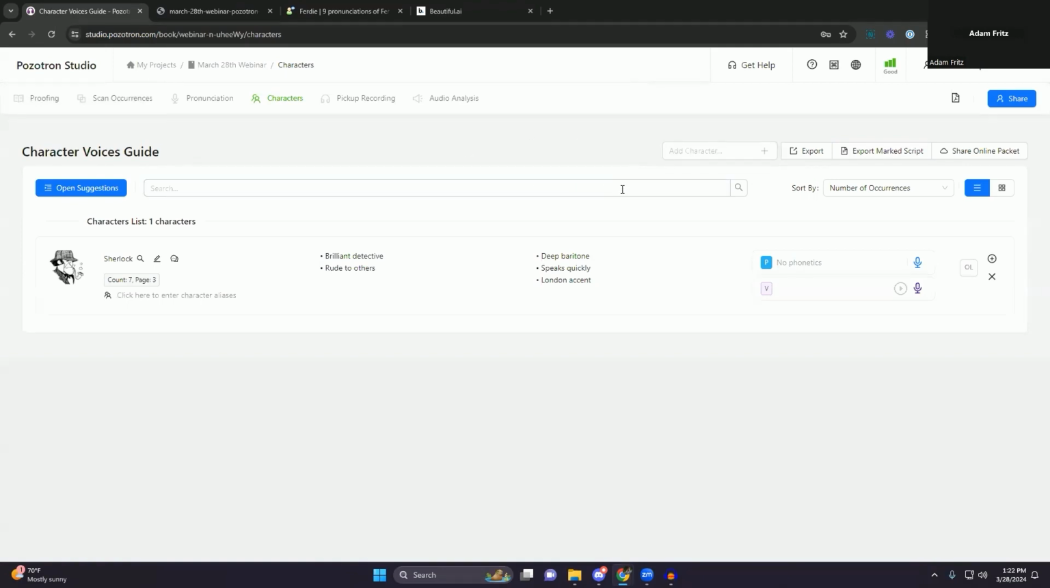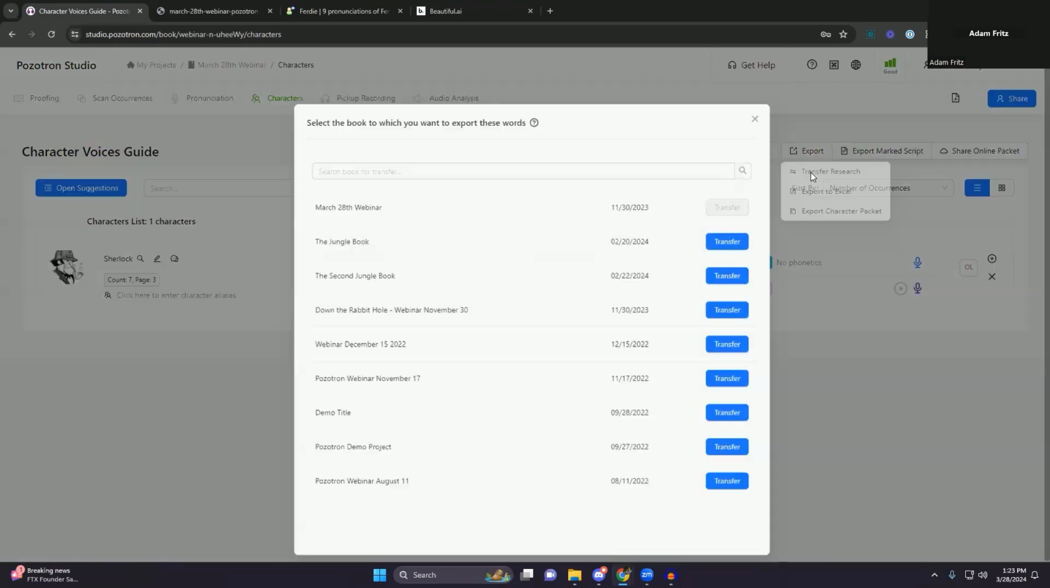But the transfer research tool, so in the pronunciation guide and character guide, there is a transfer research button. And this allows you to pull all the research you've done from this project and put it into another one. So let's say you're working on book 1 for a series. You do all your research here in Pozotron. A year later, you're doing book 2. You could actually transfer all of the character voices and all of the words on your pronunciation list to another